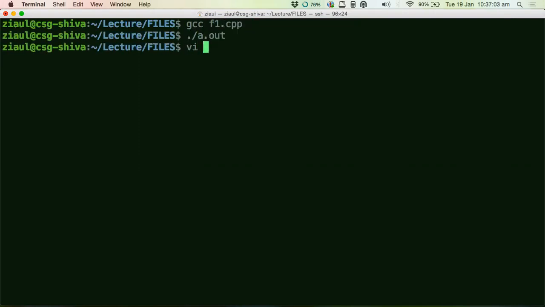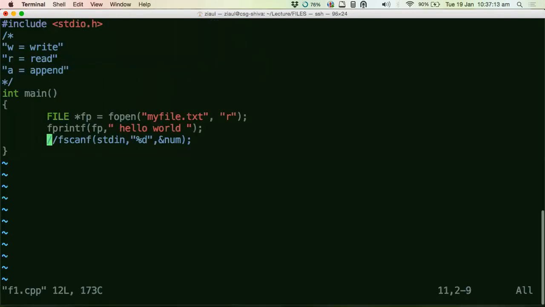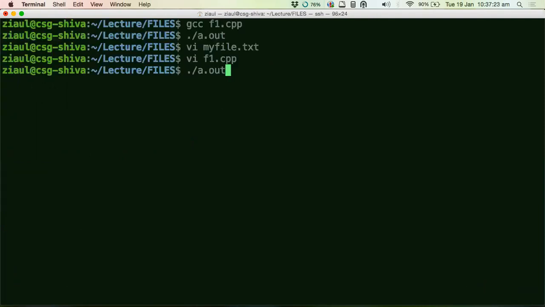Okay, there is no error. But let's do one thing. Let me change this string now. Presently, myfile.txt contains this, Hello world.